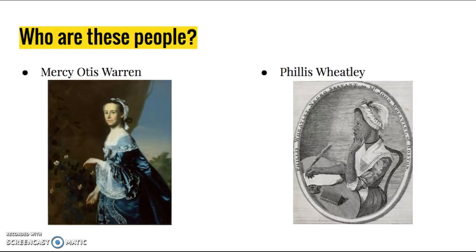Both of them were very well educated. They were both literate. They both were published authors, which was crazy for the time because women typically did not have the same education that men got during the revolutionary period. So it was atypical of them to actually be able to read and write, especially to be published. Mercy Otis Warren is actually known as one of the first women that was published in America. And then you have Phyllis Wheatley, the first African-American female that had her works published in America.